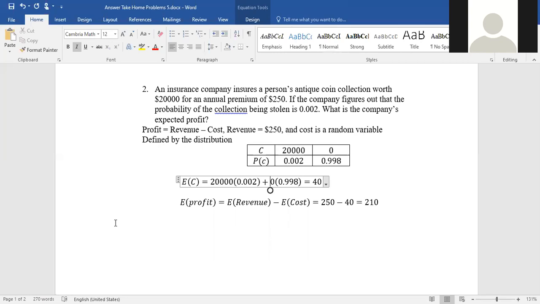If the coin is stolen, the company spends $20,000. So sometimes I like using the revenue, using the random variable involved in the relation rather than doing the computation all through, that is finding the random variable of the profit. Using the linear property of expectation, we will see that R is a constant and C is a random variable. C is a random variable that will be 20,000